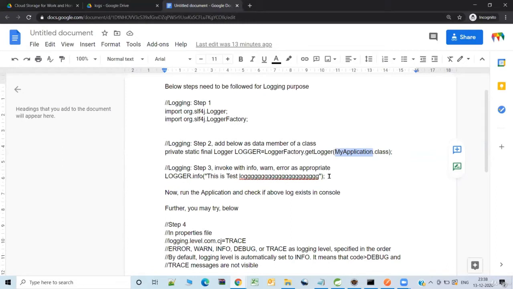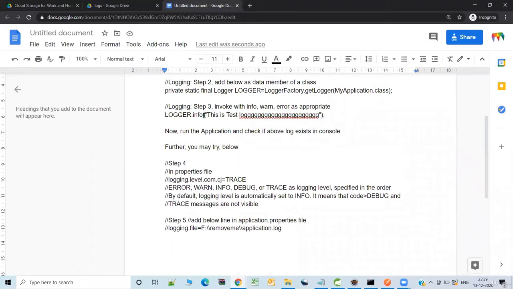Next, wherever it is appropriate, wherever you want to put the logs. Okay. So see, this is the logger. So you can say logger dot and whichever level you need. Okay. If it is just for information purpose, then you can display it like this. And by the way, you can also add additional arguments here, whichever data you want to print. And okay. So you can do that as well. See, the different levels which are available here are error, warn, info, debug, and trace. So these are the different levels available.